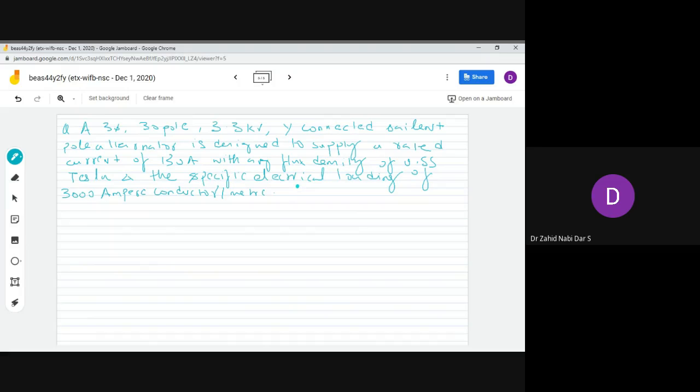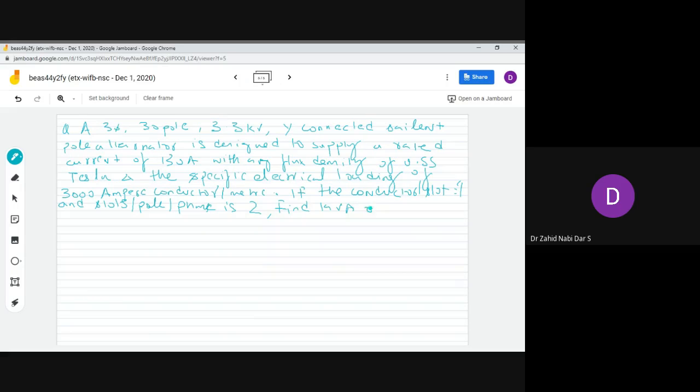If the conductors per slot is equal to 9, and slots per pole per phase is 2, now find